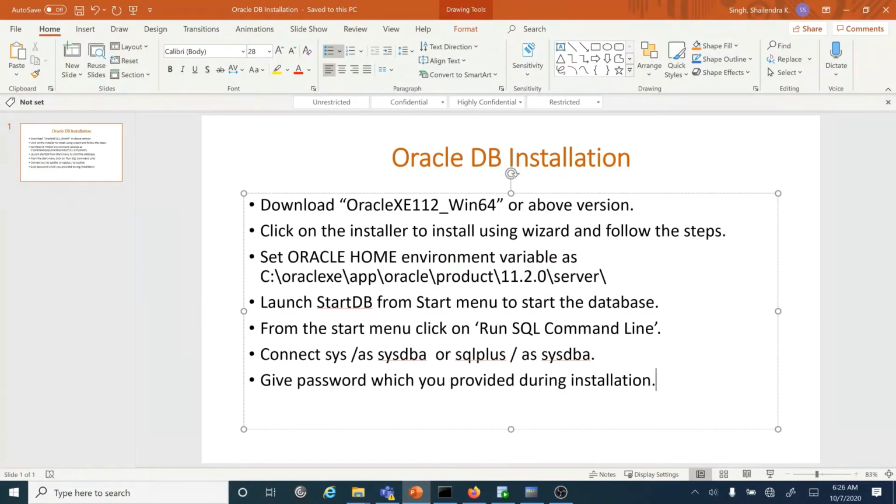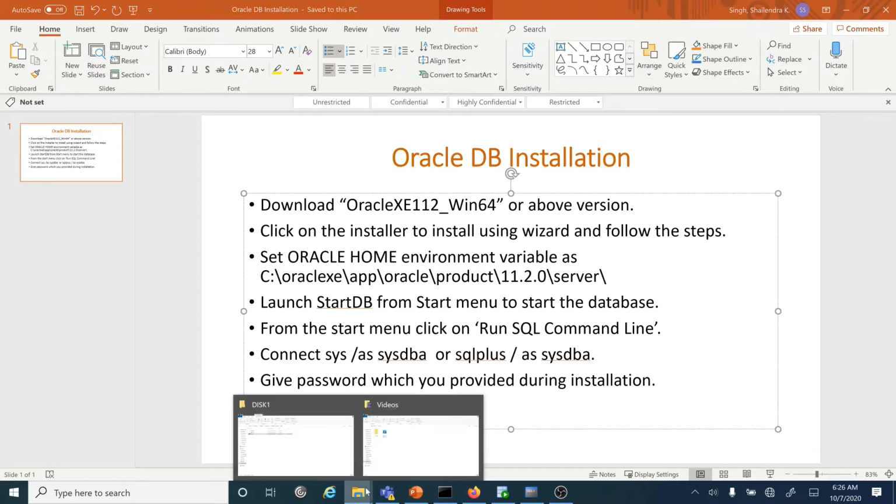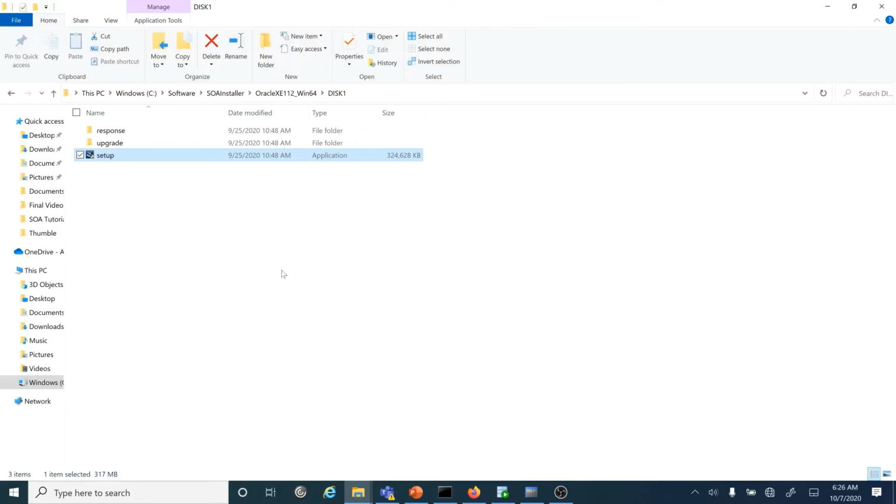Hello friends, today I'll show you how to install Oracle database in your computer. So I'm going to show you the Oracle 11G Express edition, which I have downloaded from the Oracle website, and will show you how to install it. So once you have the installation ready, just click on this setup